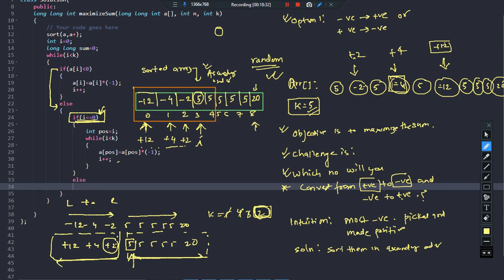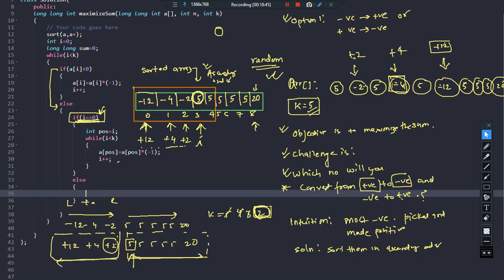So what we should do is, we should check right now what is happening. My pointer is pointing to this element 5, right? We know that if I is not equal to 0, which means there were some negative elements, and definitely I should check that else, that is why I have written the else block. I should check right now whether the number before me is less than me or not. If the number before me is less than me, I should put all the k chances on this number. Otherwise I'll do all the chances here. That is what we are going to say.